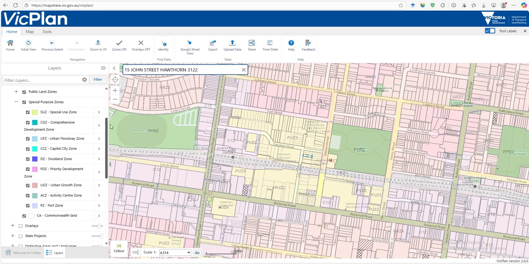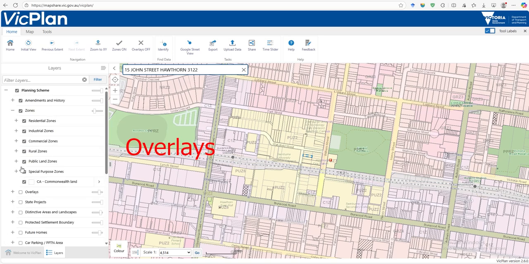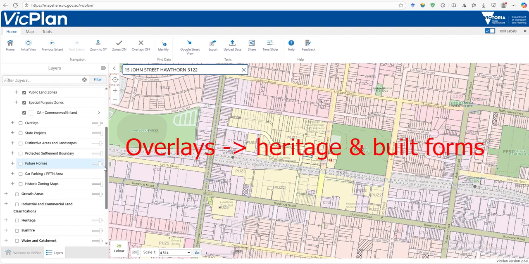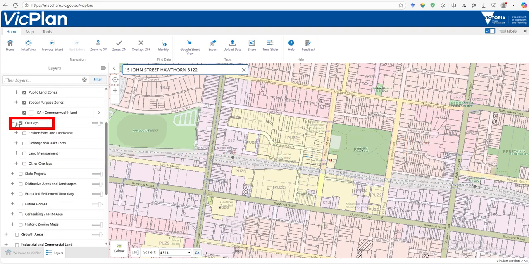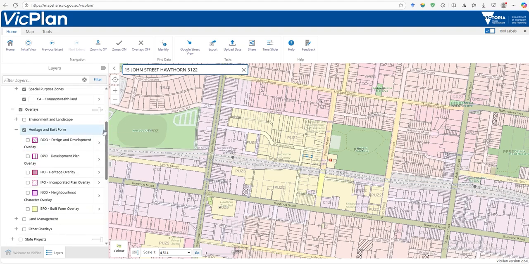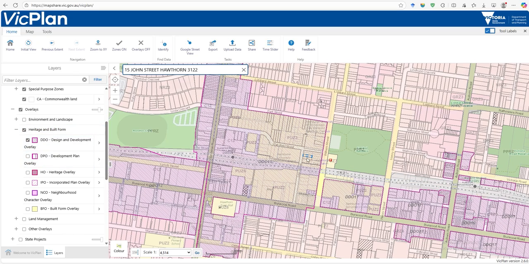The second thing that you have to pay attention to is the overlays, which is very important. And in there, you can look up heritage and build form. So that can be applied for every architecture project, that you can check the heritage overlay of the site. As you can see, the design and development overlay will be the crosshatch, and you can turn all the other